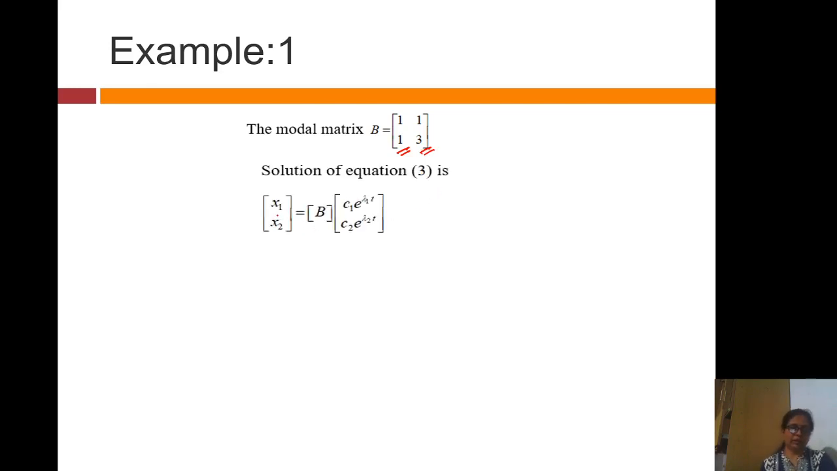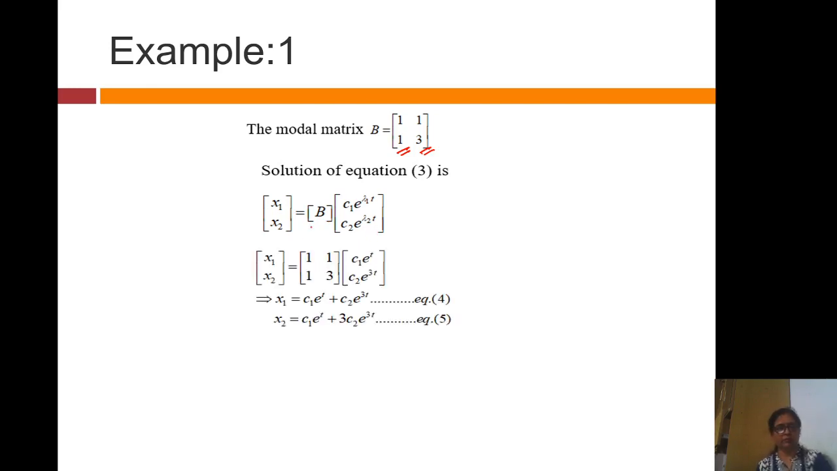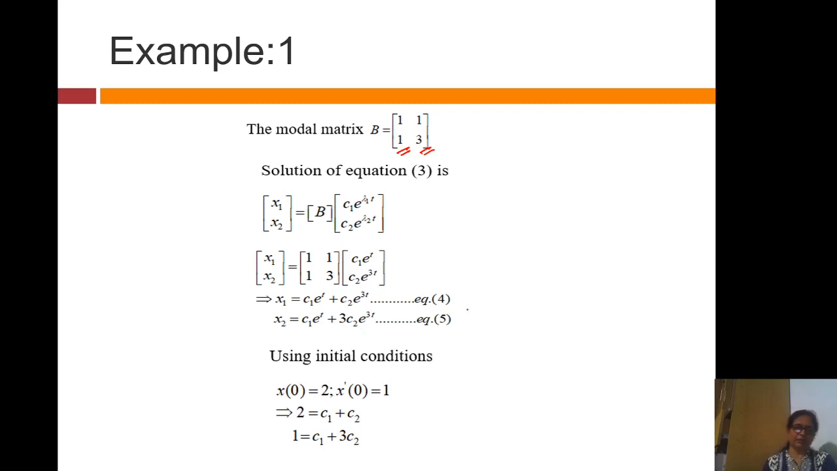Then we write down x1, x2 equal to B into this value. Substitute the values, B matrix. Now we write down equation 1, x1 and x2, that means equation number 4 and 5. After that we apply the initial conditions. If initial conditions are not given, this is the required result, x equal to x1, therefore this is the required